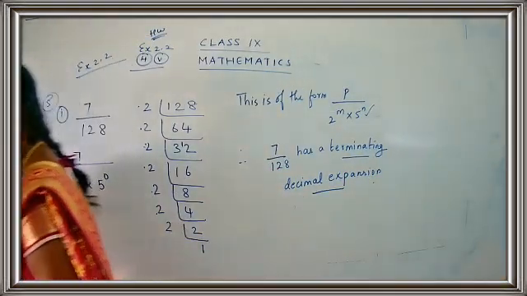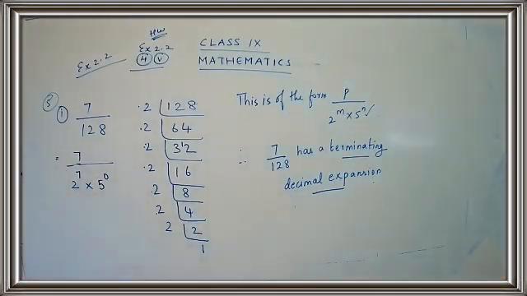Okay, children? So have you noted down your homework? So what was the homework for you? From exercise 2.2, question number 4, the fifth subpart, and I have given you some extra questions. Yes, children? So you have to complete your homework, and we will be continuing with the remaining sums in the next class.